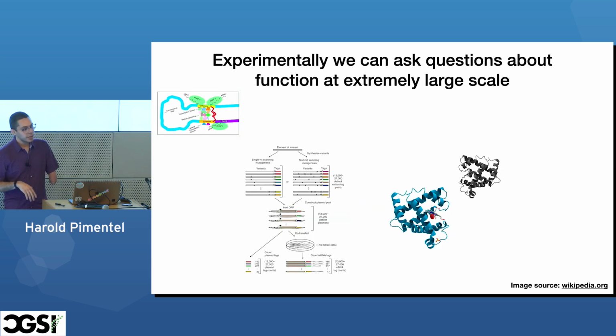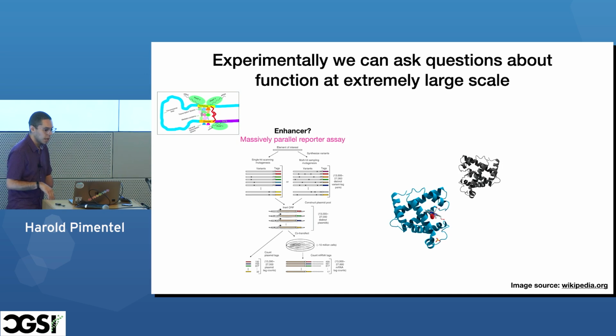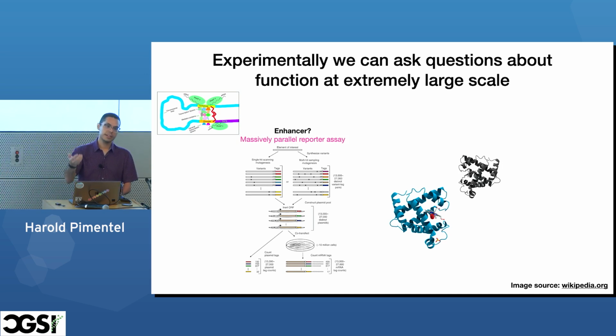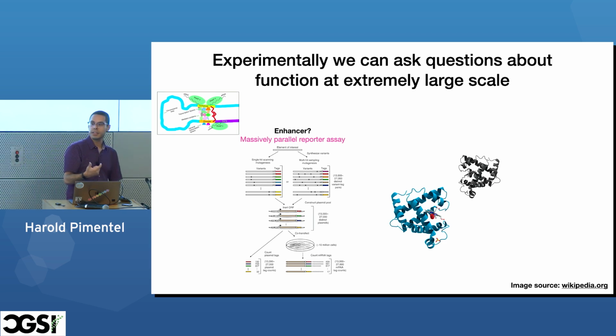Okay, and so experimentally these days, there are lots of different approaches. The types of things that we think about in my group are usually of the following flavors. We've been thinking quite a bit about massively parallel reporter assays. That is where you introduce a putative enhancer, and then you have some sort of downstream assay where you're looking at what it could have regulated, right?